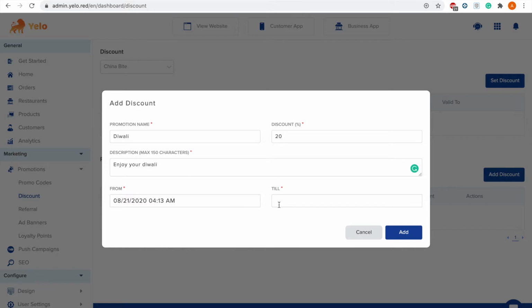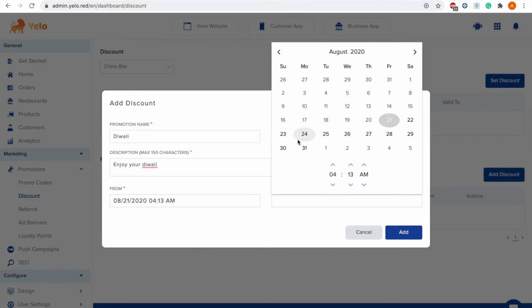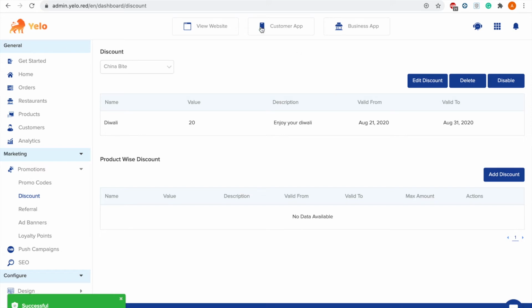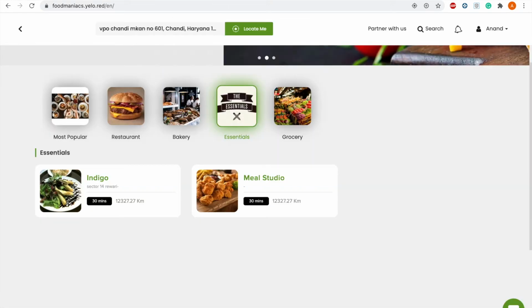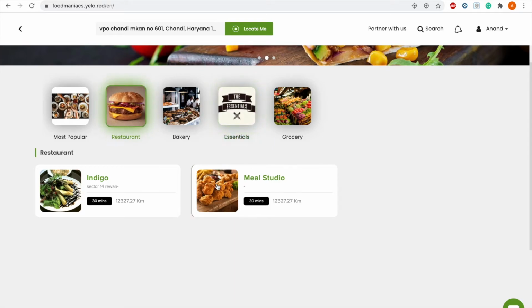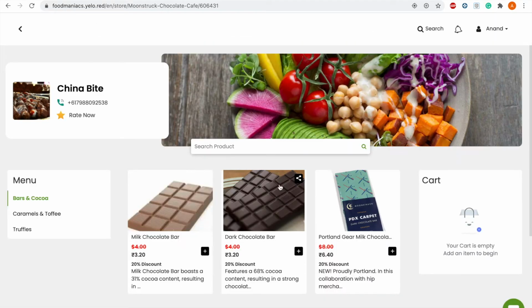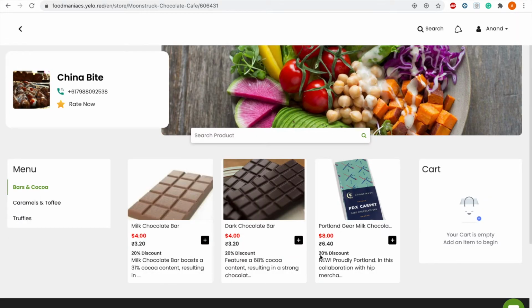You can specify till what date you want to give this discount. Here we have successfully added the discount, and let's just go to that merchant.